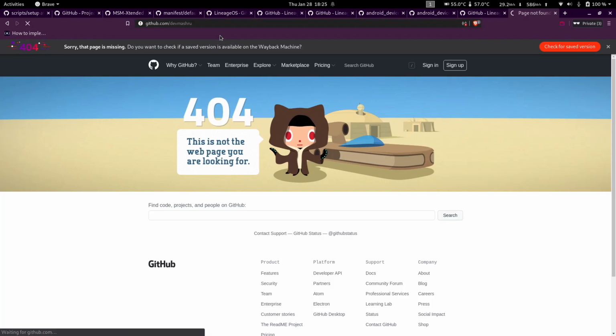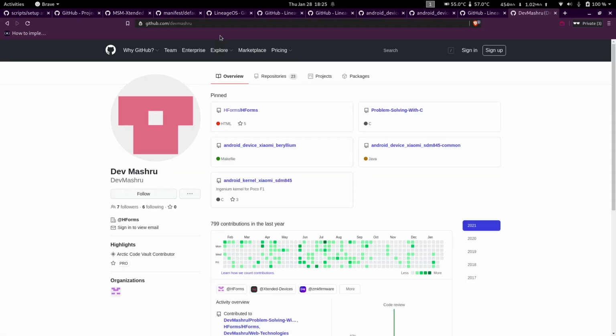One is the first kind of tree, the device tree, where the device specific configuration is stored. Then there are common trees. So these are common between multiple devices. So if multiple devices from the same manufacturer share the same hardware, or most of the hardware, they're most likely to have common trees.